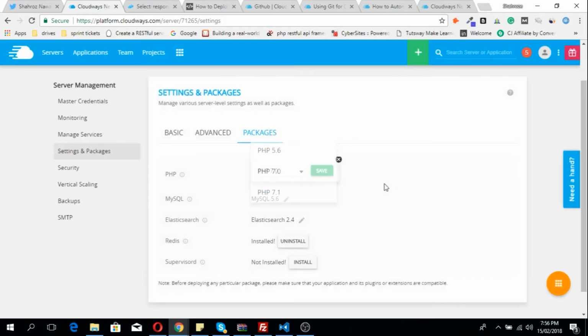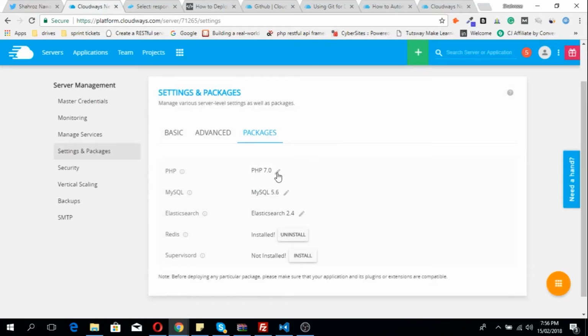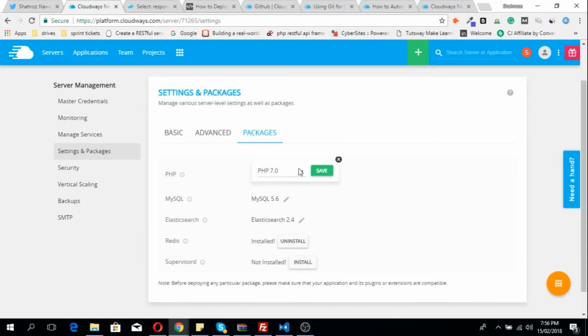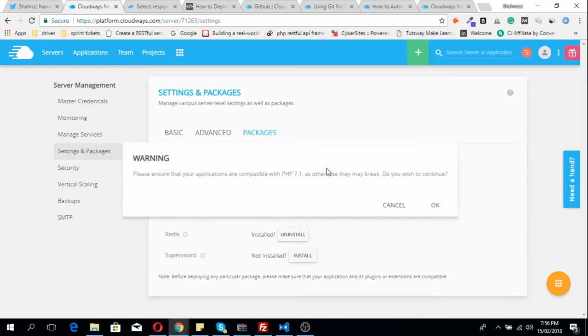I have the 7.0 version here already enabled. I want to upgrade to 7.1. Click on PHP 7.1 and then save it. It will warn you about any compatibility issues you might face with your application. It gives you a message: please ensure that your applications are compatible with PHP 7.1, as otherwise they may break. If there is any conflict for the higher versions of PHP, like some functions and methods